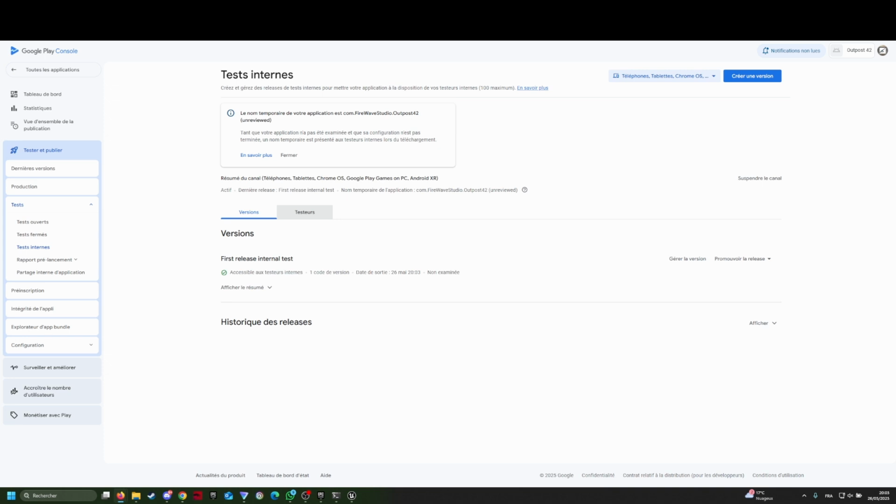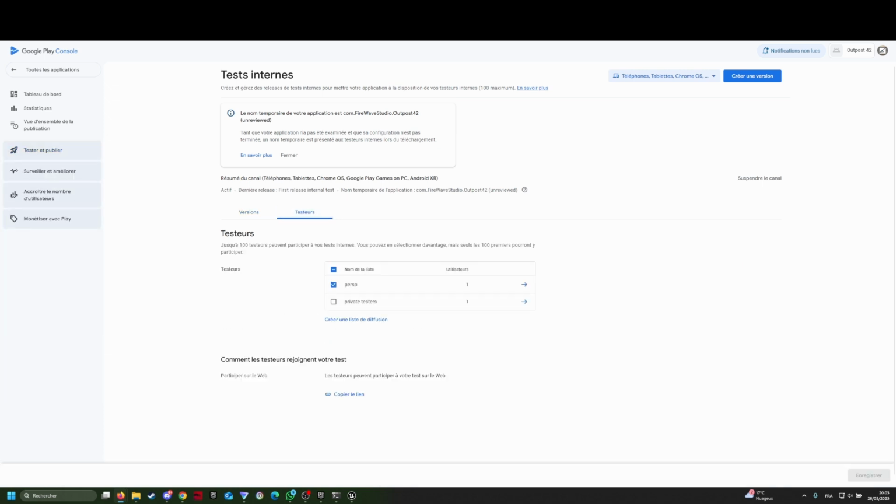In order to test the game, if you go back into testing, you'll either create a distribution list of people who have access to the game, or select one you've already got. Then you need to click this little link over there, copy it, and send that to the testers so they can download the game on Google Play. I'll do that